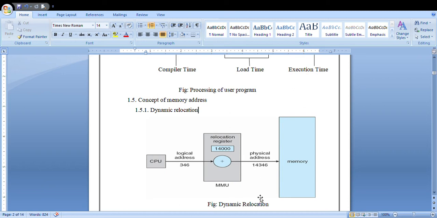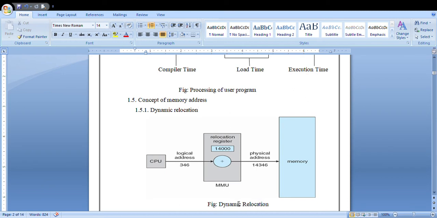If you want to store any data in your memory location, the memory management unit, MMU, is responsible for runtime address mapping from virtual to physical address. Whatever data or content from the processor you want to store in the memory will be taken care of by your MMU, the memory management unit.